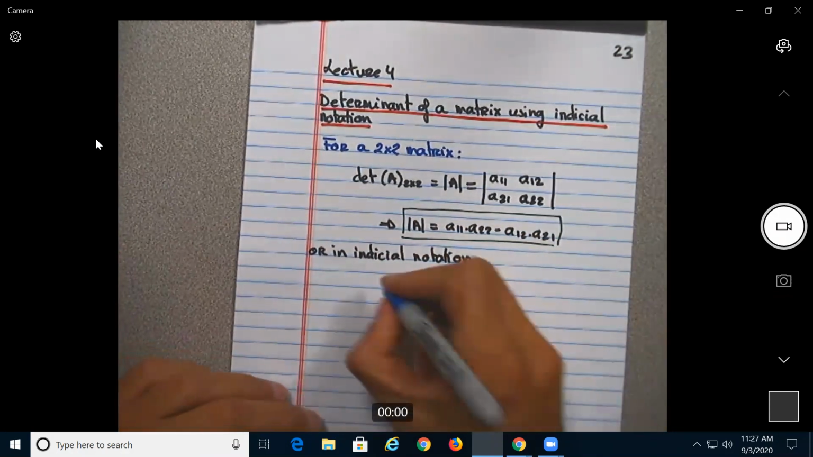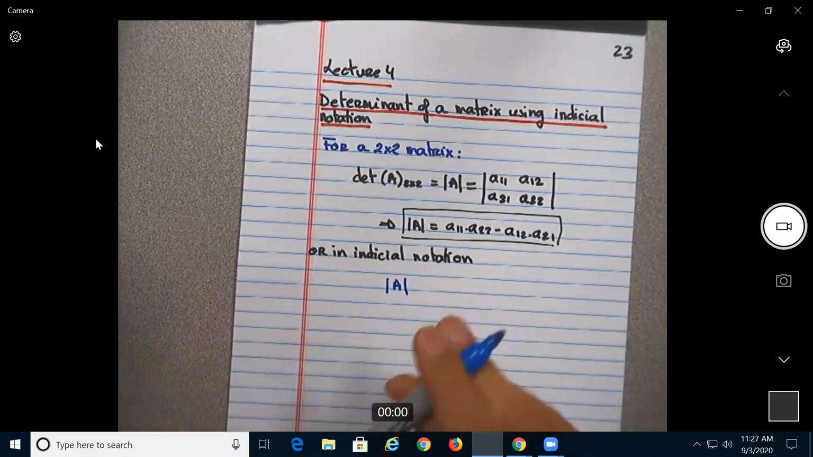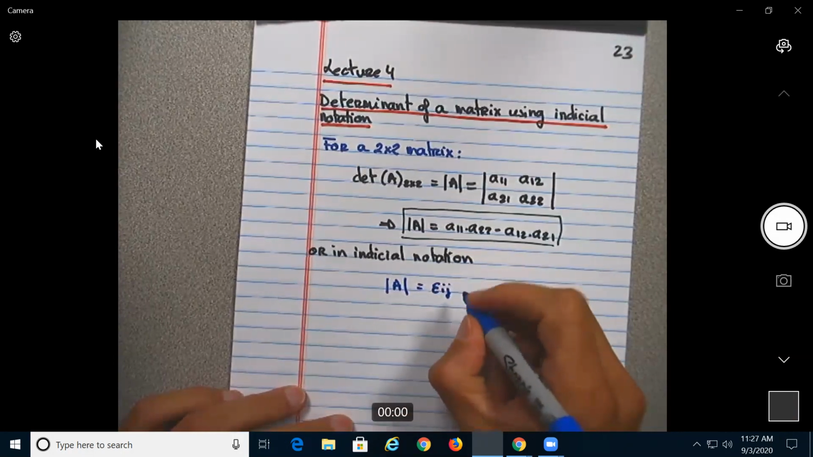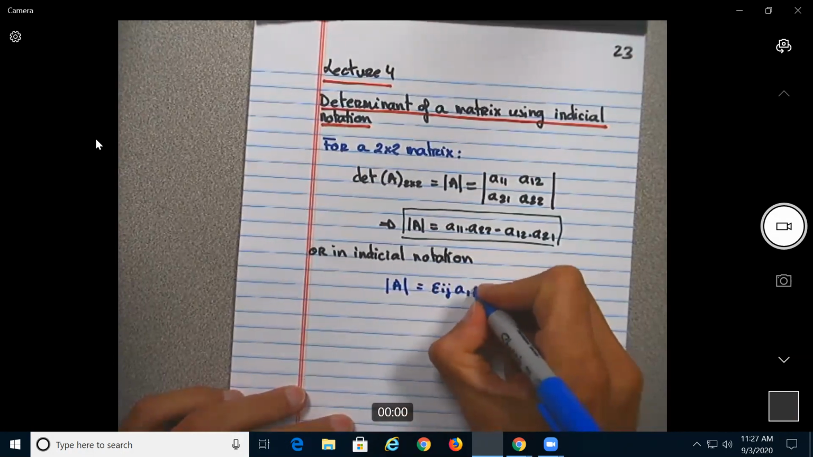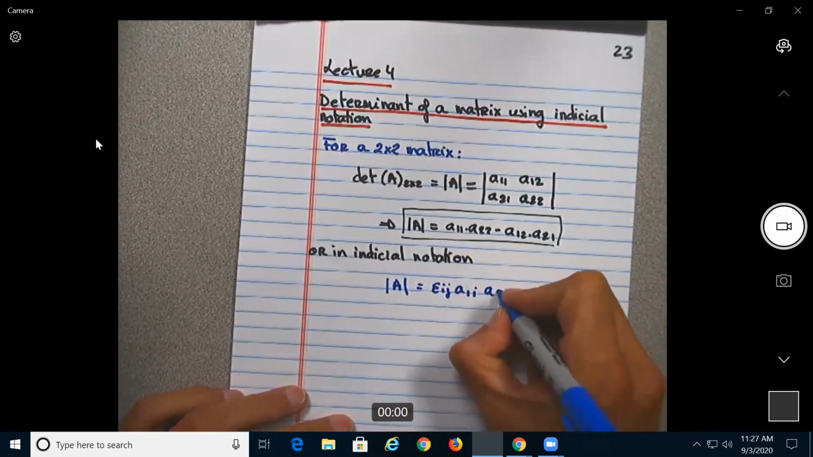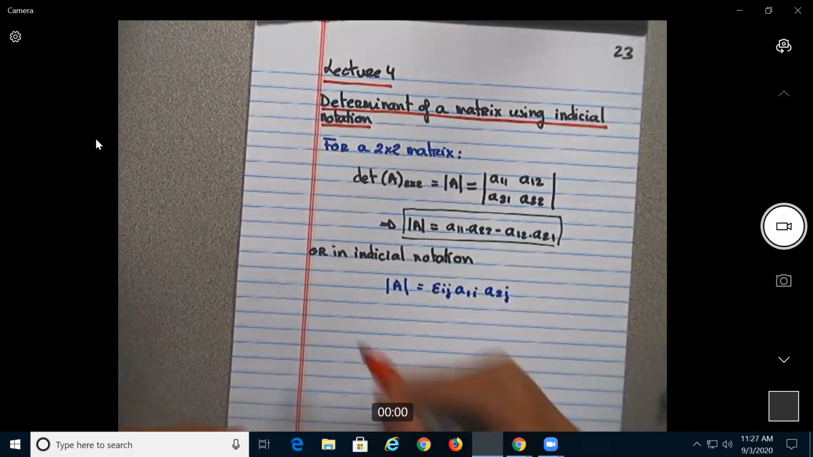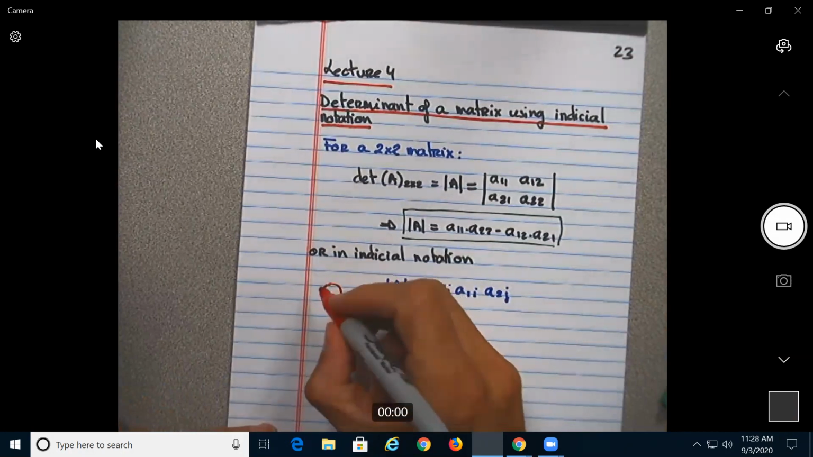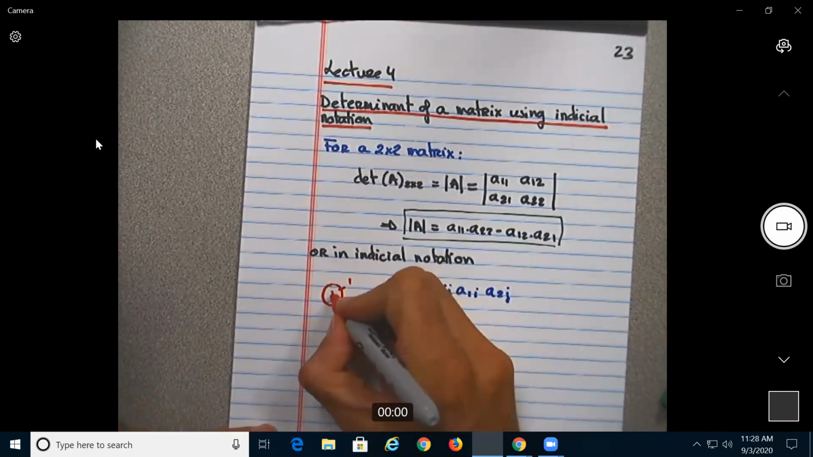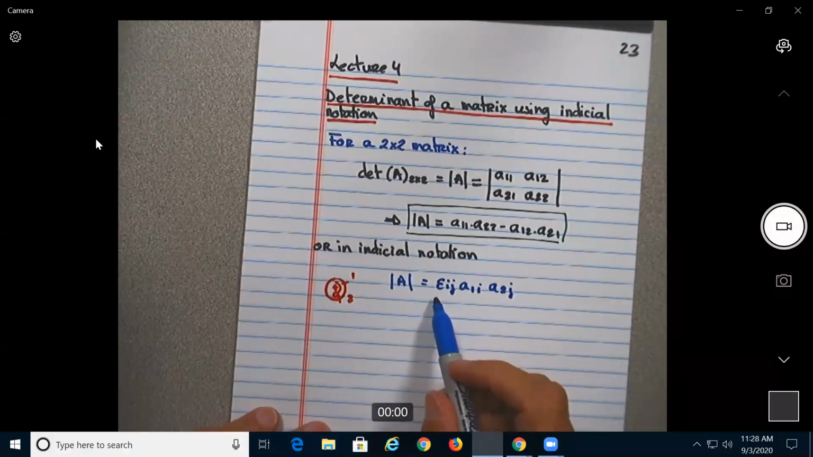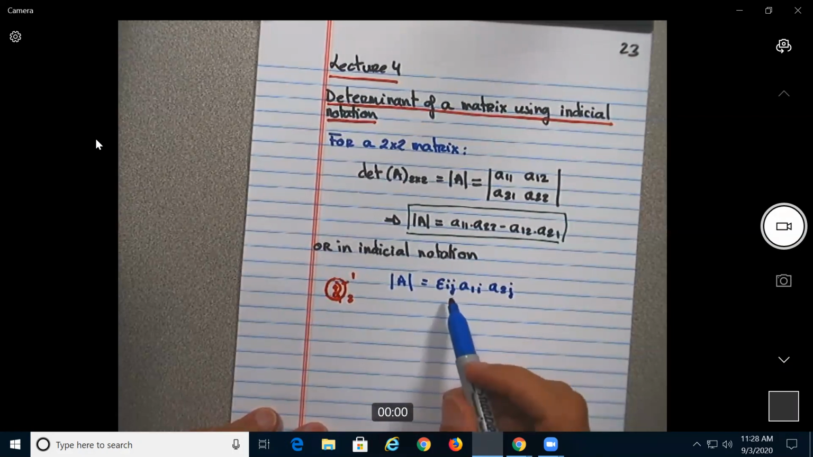In indicial notation we'll have that the determinant of the matrix A will be equal to epsilon ij, A of 1i, A of 2j, okay? And here, our little wheel over here is 1, 2 will be positive, but between 2, 1 will be negative. So that's what I'm saying. You see that for 2D, you can actually eliminate one of the indexes, no? So I think it makes it a little more clear. You have ij, if it's 1, 2 it will be positive, but if you have 2, 1 it will be negative,